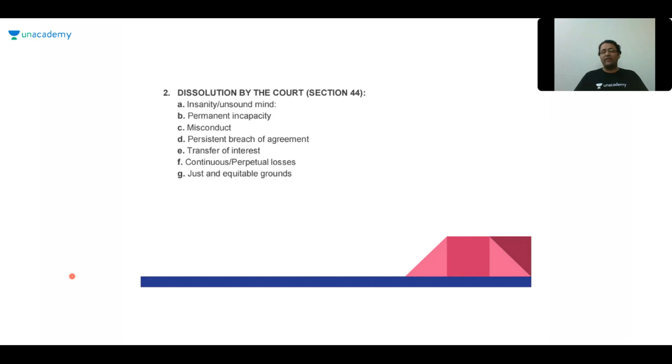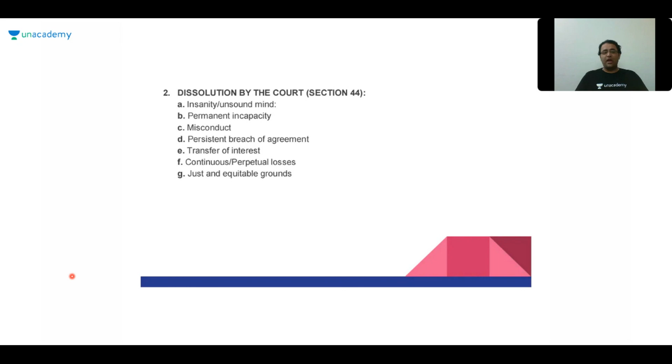This event can lead to the compulsory dissolution of the firm by the court in case A and B go to the court and apply for the same. Continuous or perpetual losses. A partnership firm is going on making losses year on year. In such cases, the partners or the sundry creditors, in case they are unpaid, can apply to the court for the dissolution of the partnership